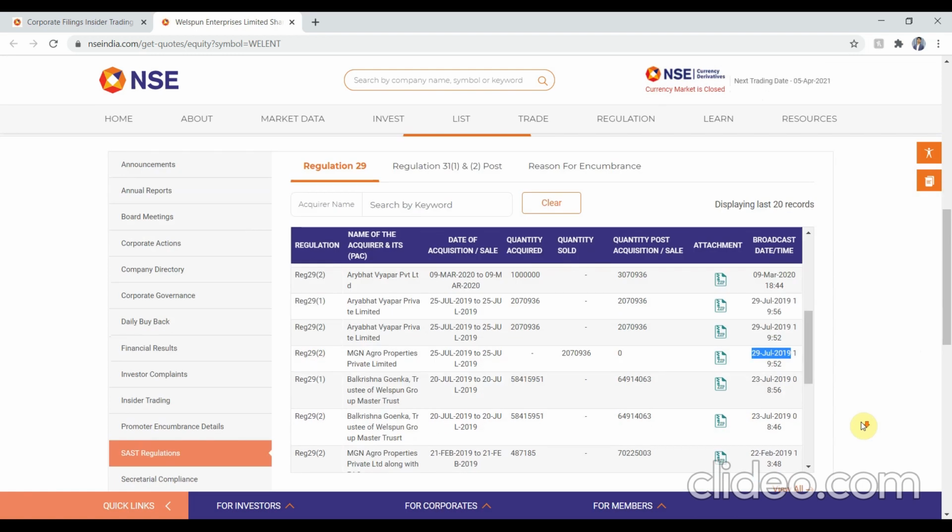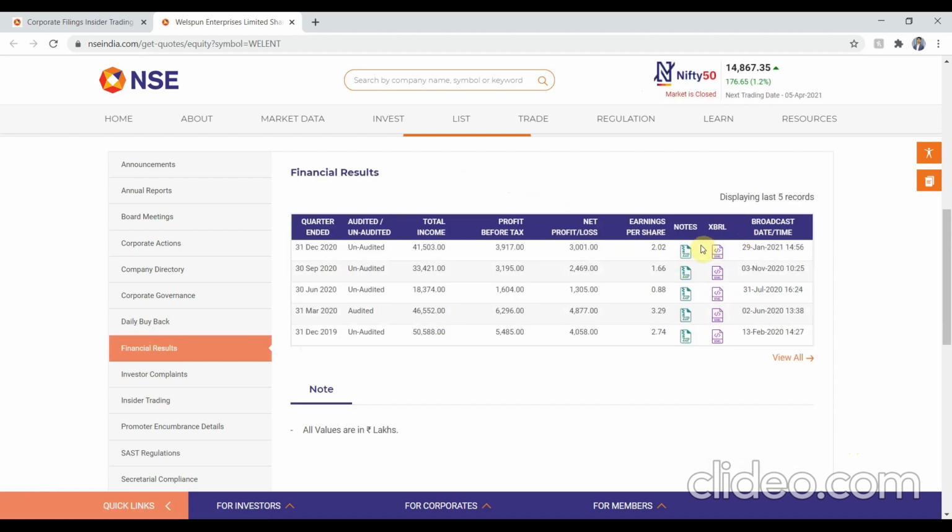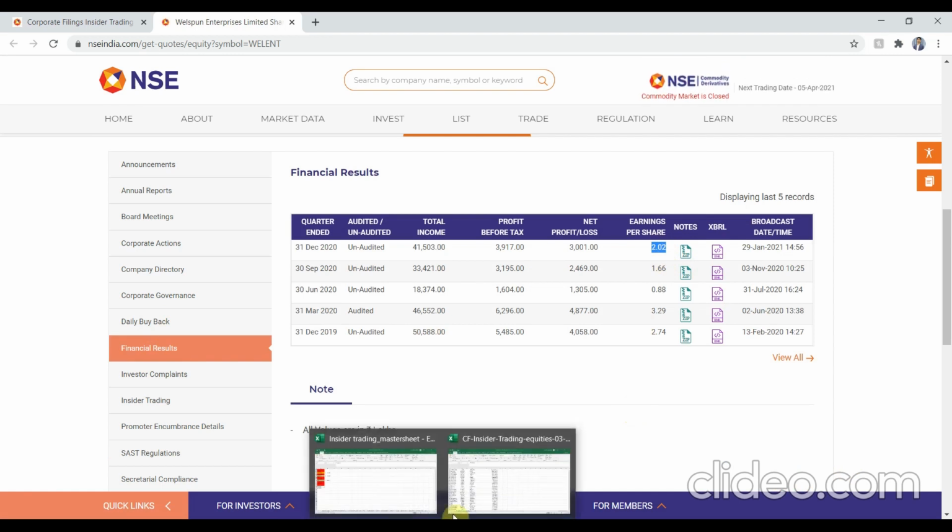So now these three were the primary filters. And now we will check for the optional filter, that is the earnings per share. It is an optional filter, you may ignore that. So the latest earnings per share should be a positive number. As you can see, it is 2.02 rupees for Welspun India. So it passed all the four filters.